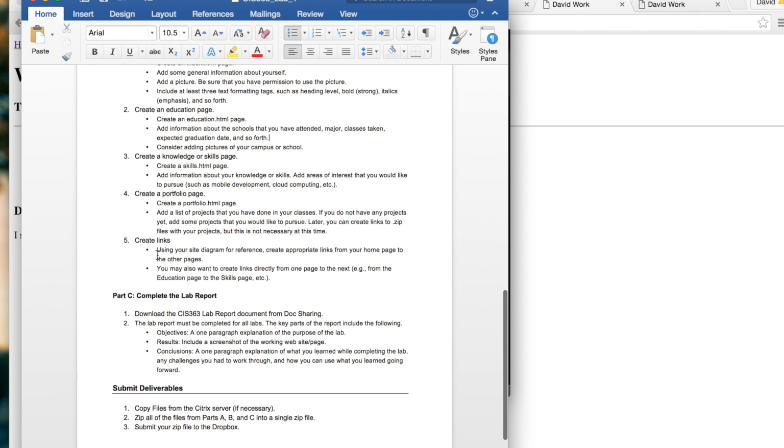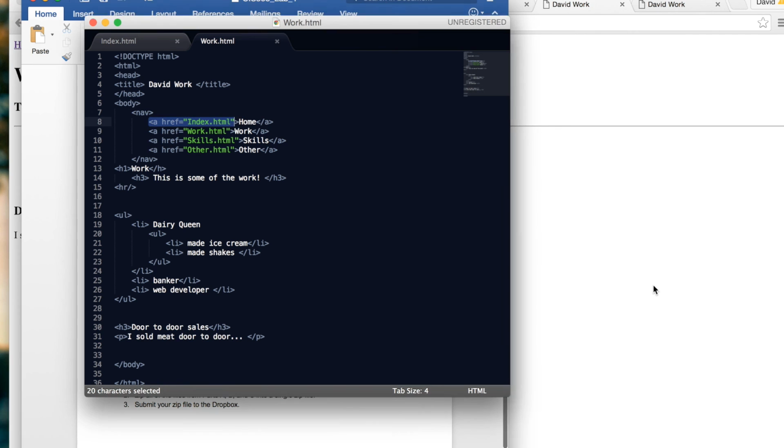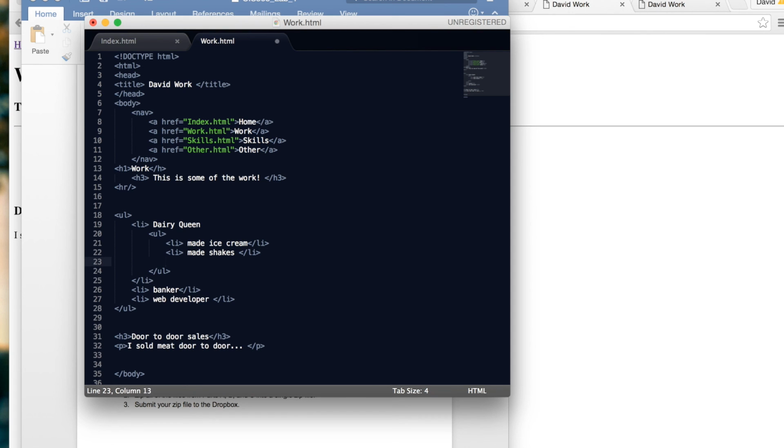Use that A tag when you're creating, like, I don't know if they ask you for any links to any pages here. Information areas, like, create a portfolio page, add a list of projects. Yeah, if you wish to, like, say, this is where my school is, that's what you would say. You can add, let's see,